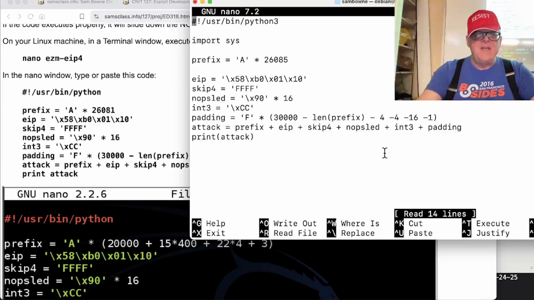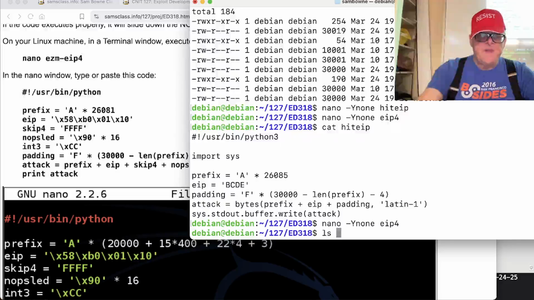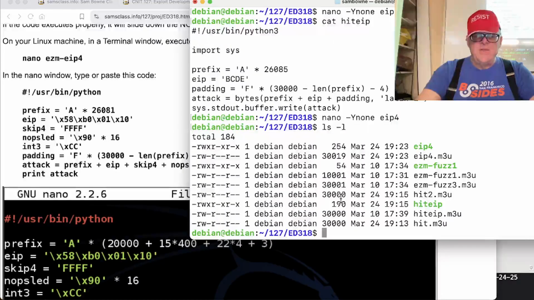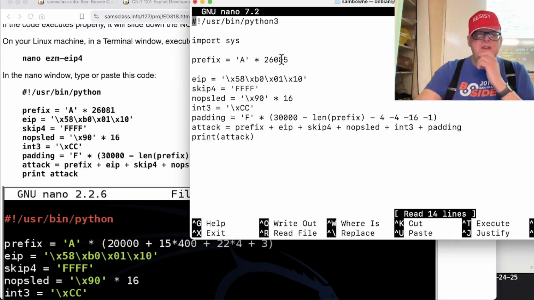Let's see if my attack string looks right. It should be 30,000, and it is. Oh, look at this, it's the wrong length. EIP4 is somehow off by 19. That's interesting. Okay, that's the problem. I'm off by 19 somehow. 30,000 minus length of prefix minus